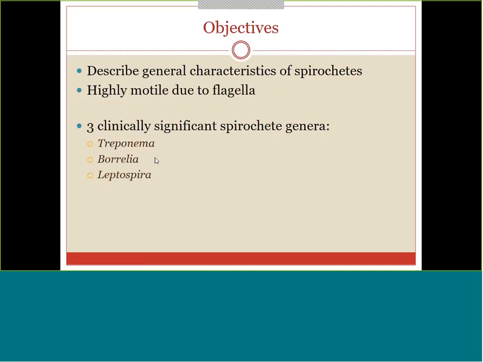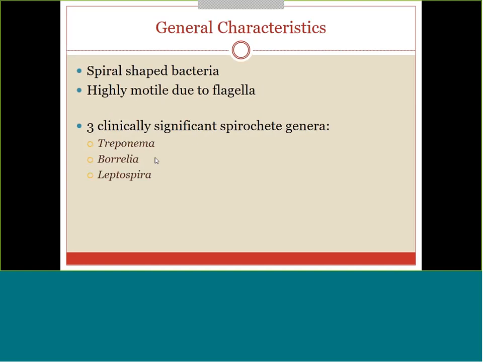So basically, spirochetes are a group of bacteria that are not cocci, they're not bacilli, they are spiral shaped. So these are really the only ones that we're going to talk about throughout micro 1 and 2 that are spiral shaped. So this is it. The majority of bacteria, when we discuss, they're either gram-positive or gram-negative. These spirochetes are very movable in your body due to the flagella that they possess,